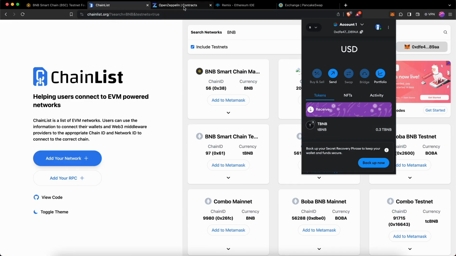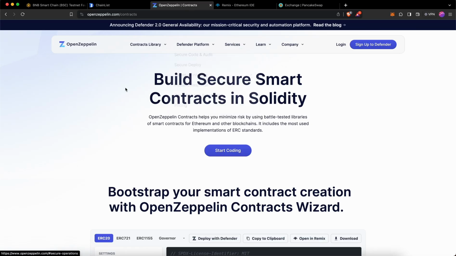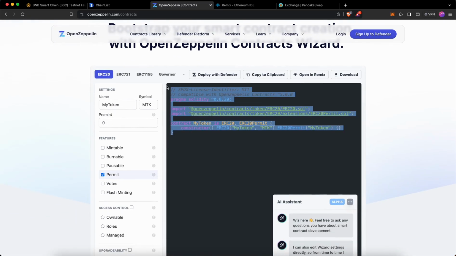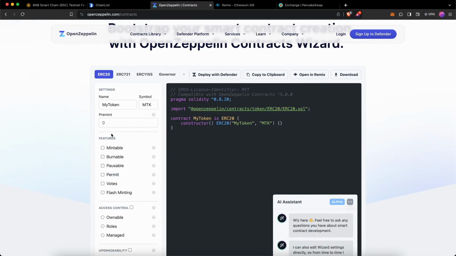Next, we need the contract. For that, we recommend OpenZeppelin audited contracts, like for ERC20 and other standards. If you scroll down, you may notice here is some template. Let's remove permit and rename our token to tutorial and symbol to tut. And let's mint 1000 tokens. And we can copy this code